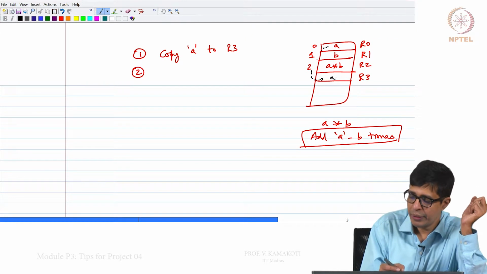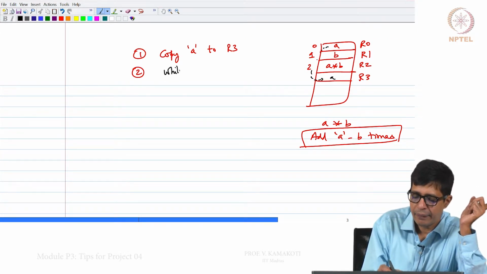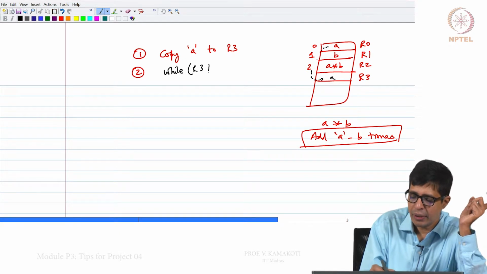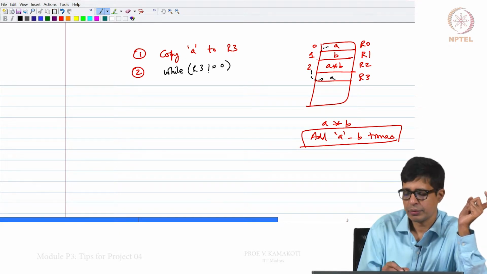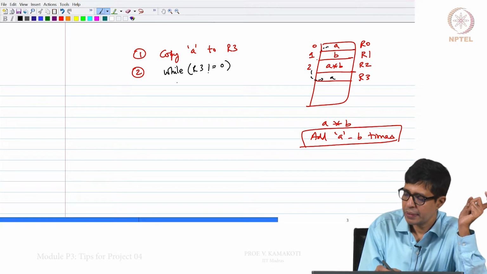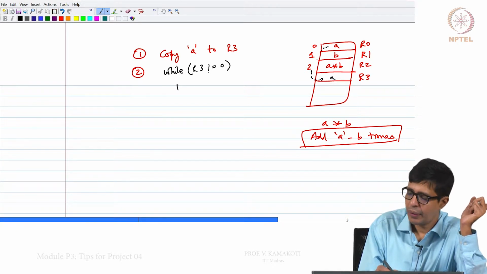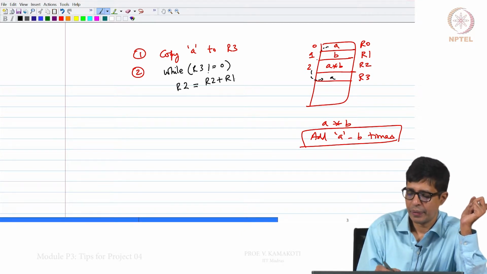And then what we do is, while R3 is not equal to 0, R2 is equal to R2 plus R1, R3 equal to R3 minus 1.